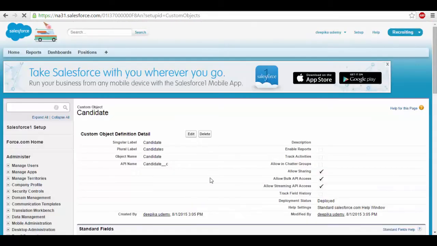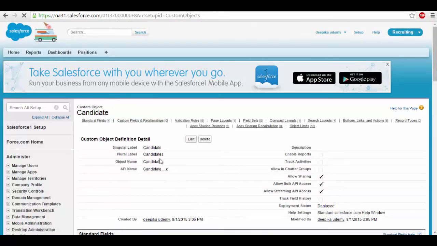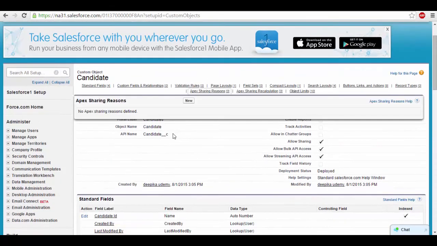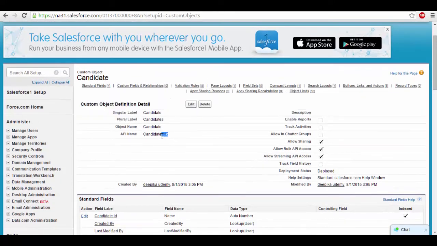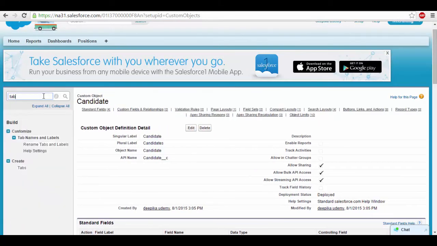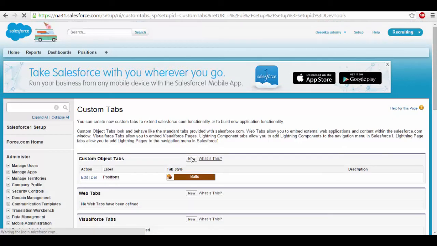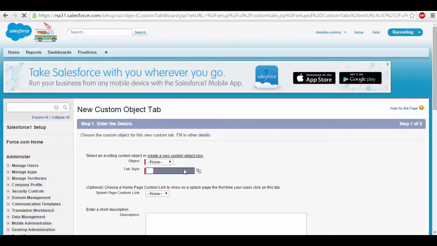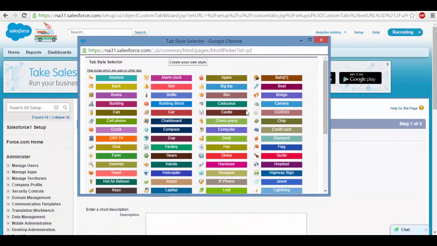So what happens is we have created the candidate object and it has this underscore underscore C, which means it's a custom object, but we don't see the tab for it. If you forgot to click on the launch new button, there's another workaround for that. You can search for the tabs here and click on this tab and click on the new tab. Now you wanted to create a tab for this candidate object. So the tab style, let's say I wanted to make it as